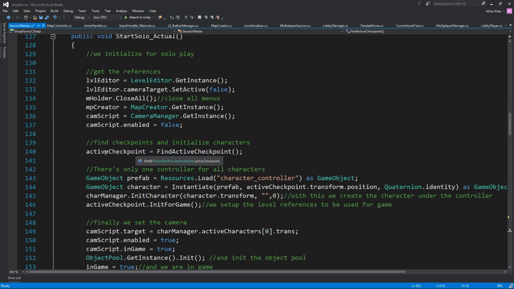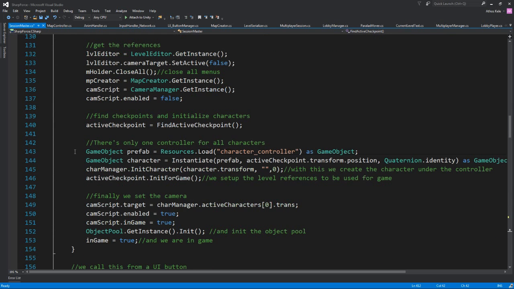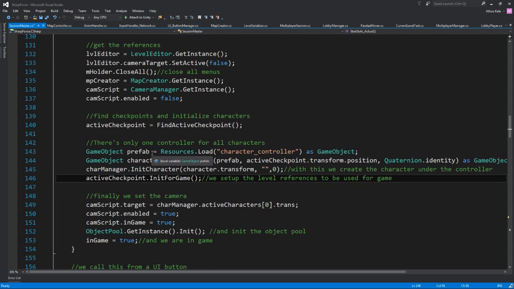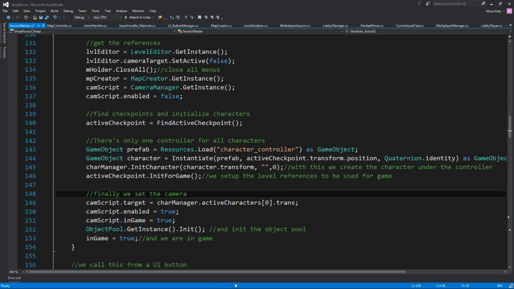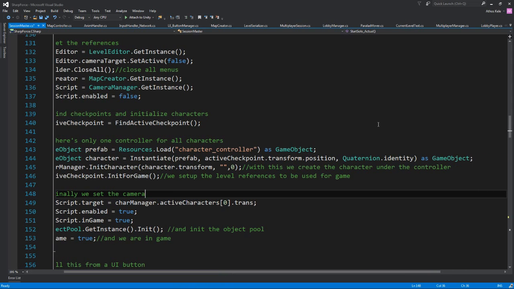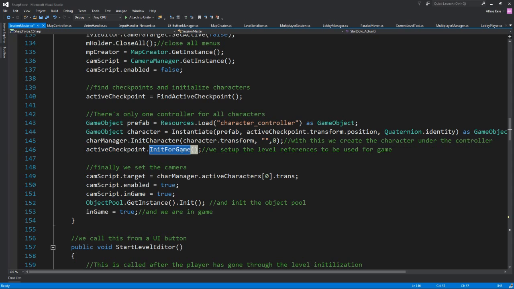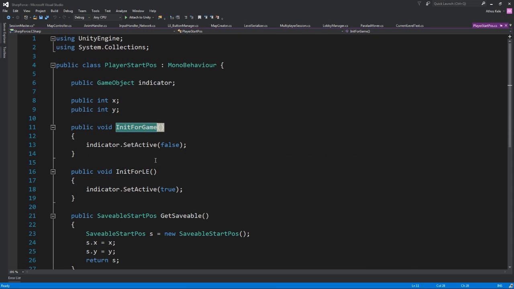Okay, start solo actual, we are over here. We only have one prefab for each controller, and we change the character from beneath. We load the prefab from the resources. We instantiate it into the active checkpoint. On our character manager, we need the character, which is basically what creates the character. And the active checkpoint we also initialize for the game, which basically just goes into the active checkpoint and closes